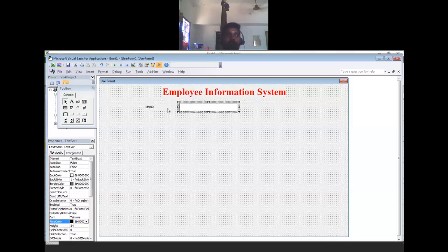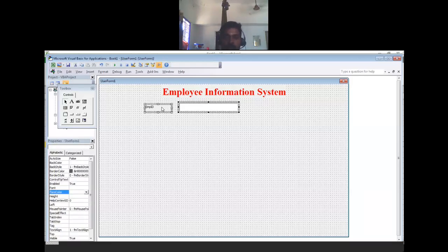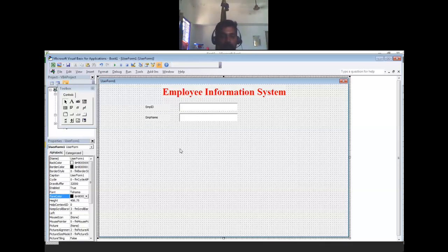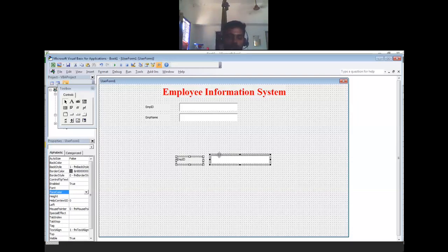If every time you keep on dragging the label and dragging the text box, it will take a long time to finish the template. If you want a shortcut, select all the controls you want: press Control on the keyboard and select multiple controls. Control C and Control V are the shortcuts: Control C means copy, Control V means paste. Now I have copied, and we move it to the nearest location. Again I change it here, or from the property window you can modify. Next is the employee name, and second is the gender.